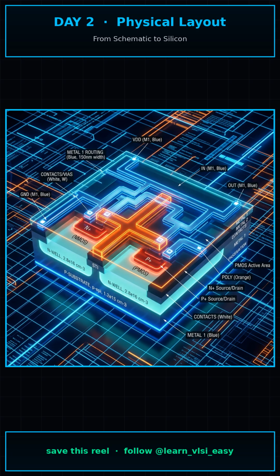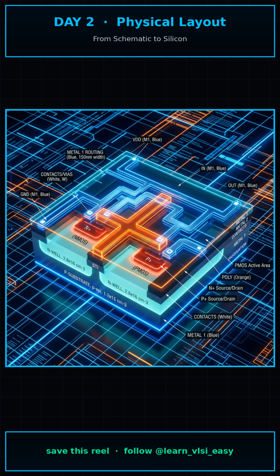A schematic is just an abstraction. The physical reality of the CMOS inverter is a complex, multi-layer topographical map known as the layout. At the very bottom, we implant N-type and P-type wells into the silicon substrate. We then grow active diffusion regions for the sources and drains. Across these regions, we pattern lines of polysilicon to form the gates. Wherever poly crosses active diffusion, a transistor is born.